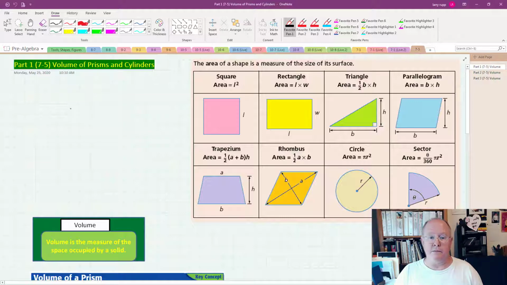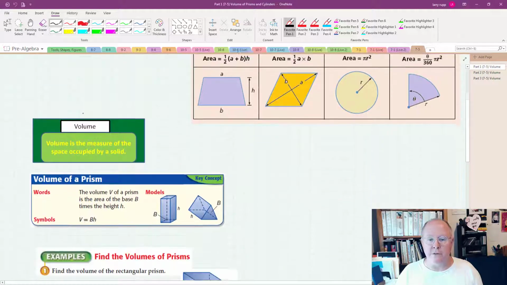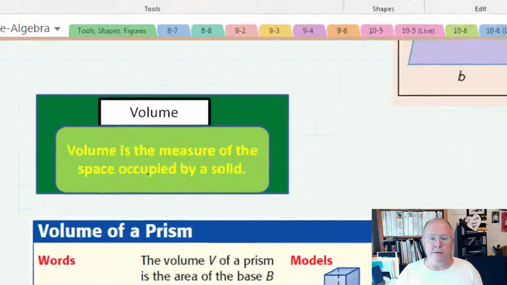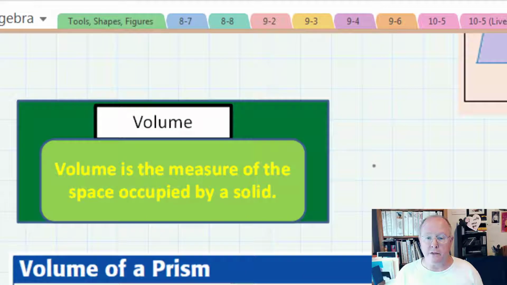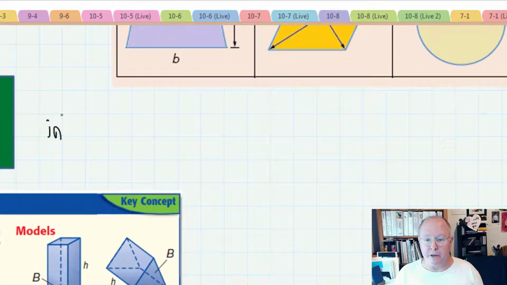All right, so when we get to volume, we'll take the concept of an area and expand it into 3 dimensions. So right here we have a definition of volume. Volume is the measure of the space occupied by a solid. You've heard of volume before, right? It's measured in things like cubic inches. Well, what does that mean? When you see cubic